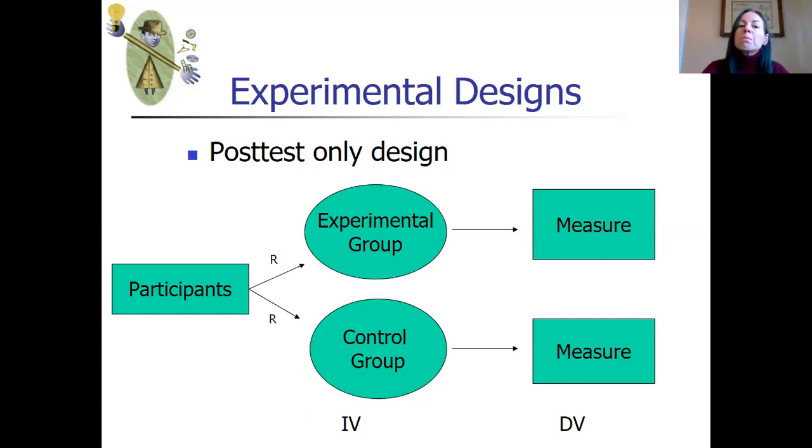Okay, so we've got a group of participants here. You can see that here. We have a group of participants. We randomly assign them, and this is what these R's mean. With every single participant, we flip a coin, and we say, if you get heads, you're in the experimental group, tails, you're in the control group, and these are our 2 levels of the independent variable, whether or not they get